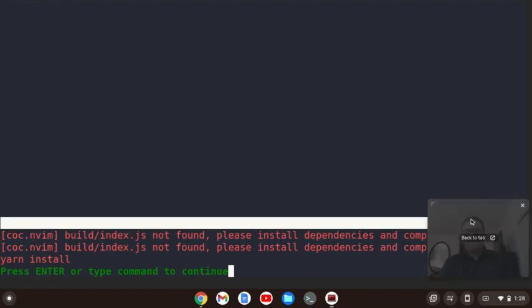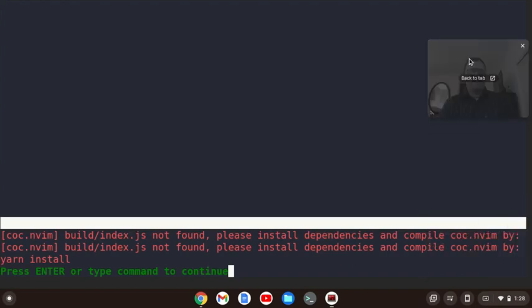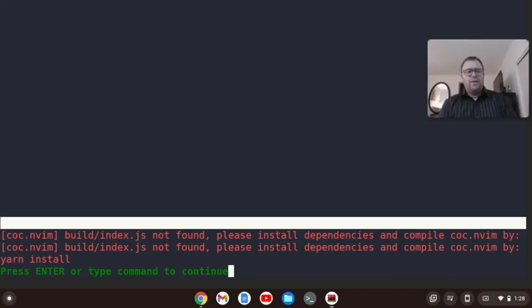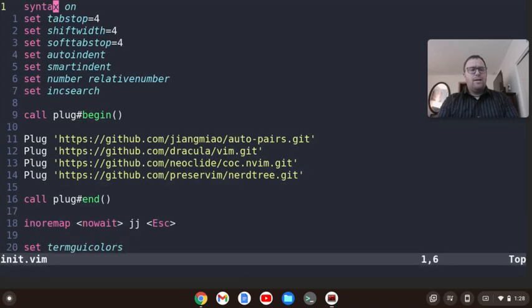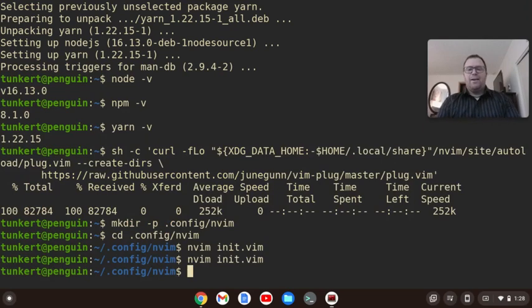And if we take this, we say coc.nvim build/index.js not found. You see it's giving me the message to run yarn install. So I'm going to. But now we've got the Dracula theme. That's pretty sweet. All right, so I'm going to quit out of here